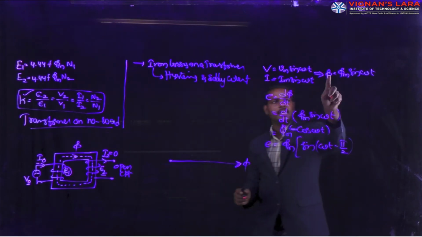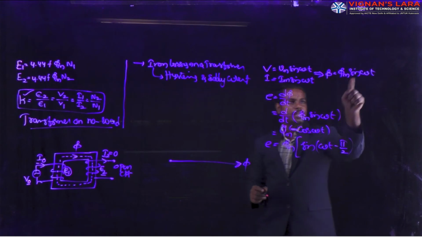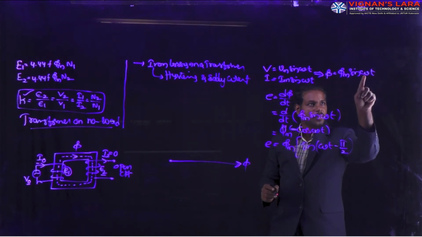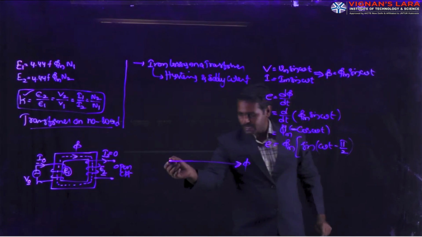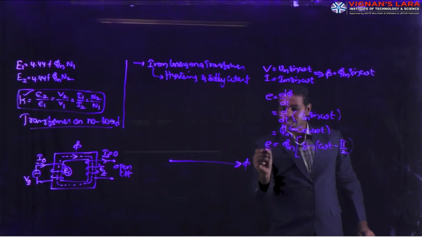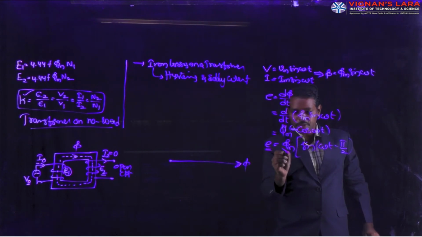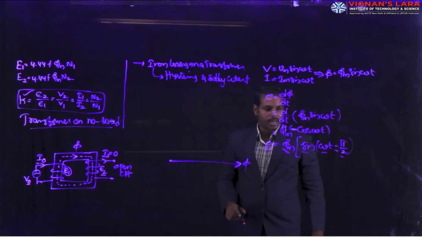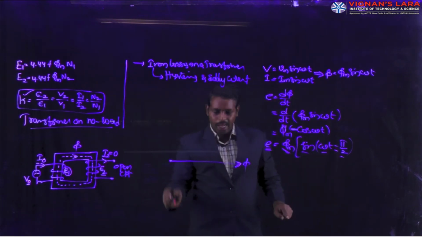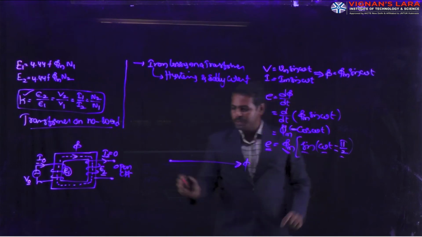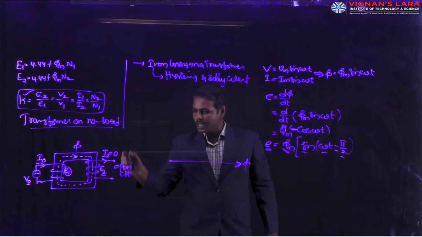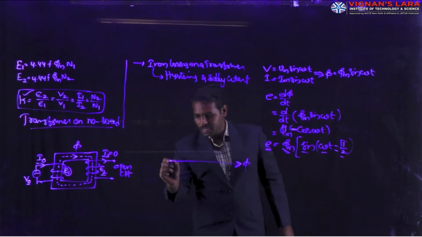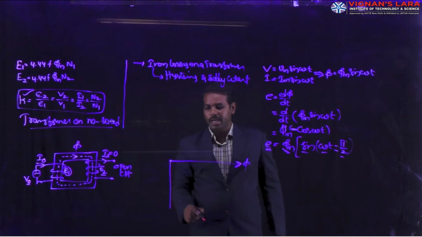If you have to find the relation between these two, they are to be represented in sinusoidal quantities. Phi is equal to phi m sin omega t, that means omega t plus 0 degrees, so that is the horizontal. Induced EMF is always represented by phi m into sin of omega t minus 90 degrees. Minus indicates the lagging nature, 90 degrees. So the induced EMF of a transformer is always lagging in nature, which is exactly the downward direction.